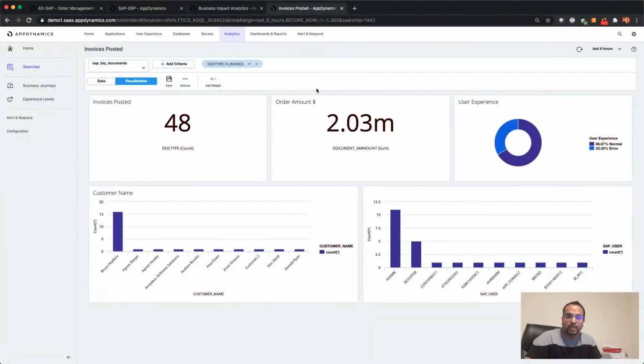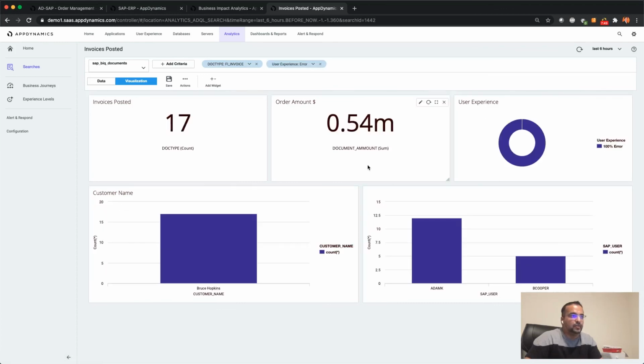As we saw in the previous drill down, we have curated the dashboard to identify what the user experiences were, who the customer was, and who the SAP users were when this particular error occurred. From the first glance, we see that around 1/3 of transactions are having errors. We do the particular drill down, and we figure out that this has a huge order amount impact